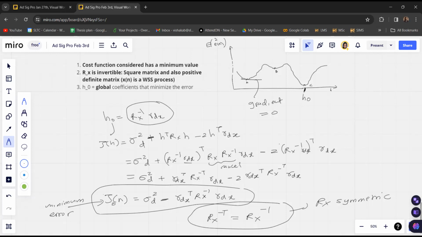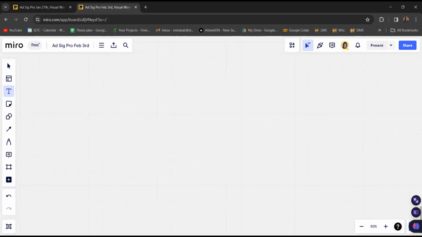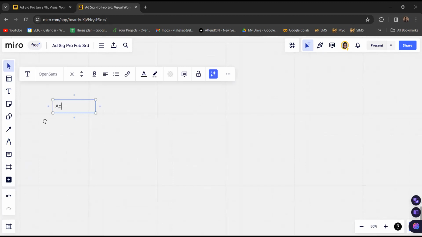So I think that's about it for finding the optimal error value and then finding the optimal coefficient values. I will discuss some sample questions regarding this concept, mostly in the next class. In today's class, we have discussed these adaptive filters, how we can model the error value of the filter, and then find the optimal coefficients that